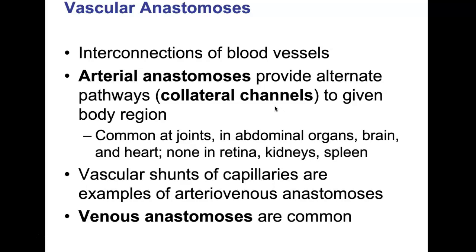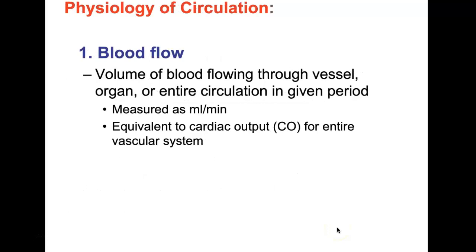So if one branch is cut or blocked by a clot, the collateral channel can often provide sufficient blood to the area. Arterial anastomoses can occur around joints, where active movement may hinder blood flow through one channel. They are also common in the abdominal organs, the heart, and also the brain. And venous anastomoses are also common as well. So this will conclude the anatomy of the